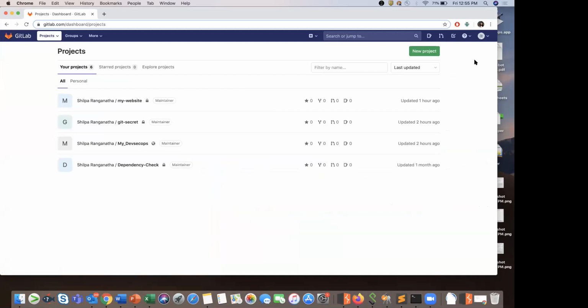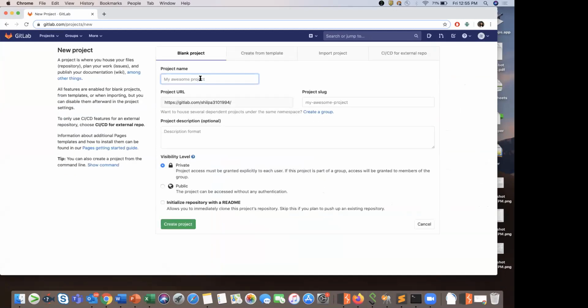So let's start off by creating a new project here. Okay, so I have my account on gitlab.com. I'm creating a new project. Let's name it first pipeline. Okay, so it can be a private repository or a public repository. It's okay, doesn't matter.